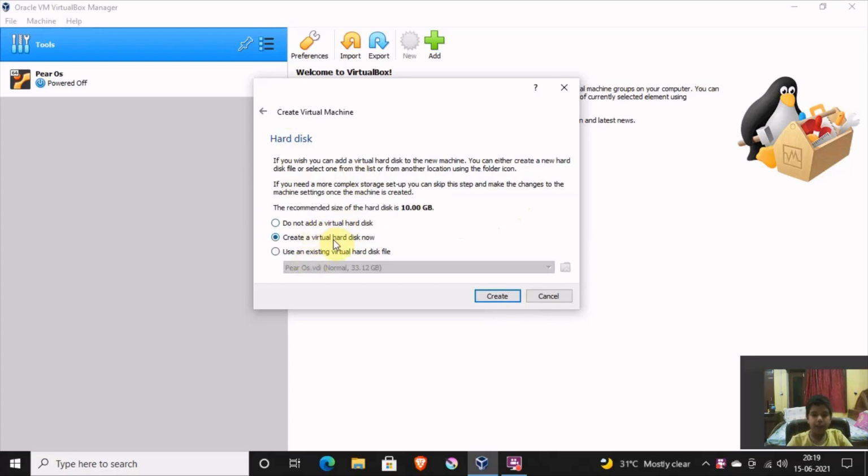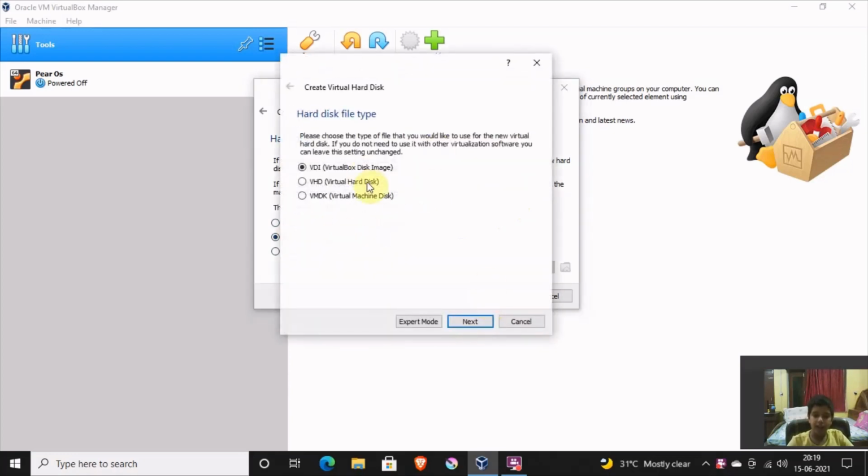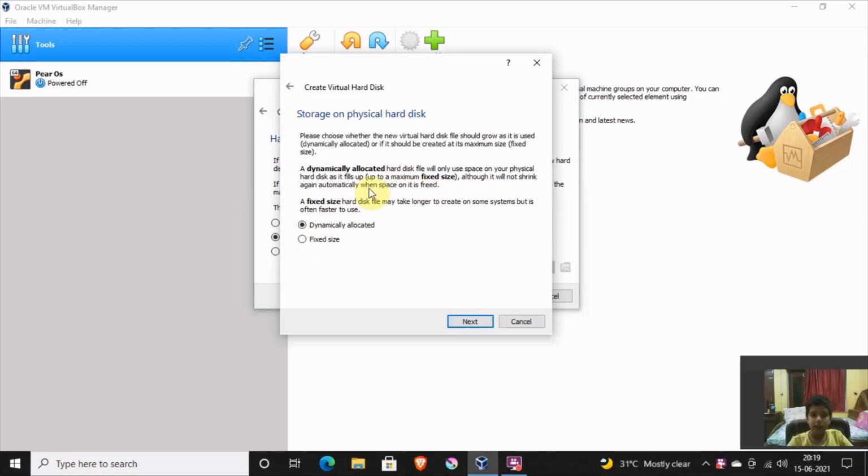Now just click on create a virtual hard disk now, and then click on create. Select a VDI VirtualBox disk image and click on next. Now you have two options here, fixed size and dynamically allocated. I would recommend the fixed size because it can take longer to create, but it can be faster.